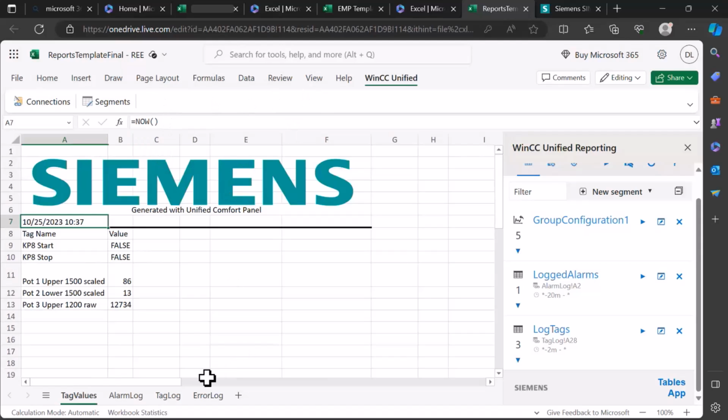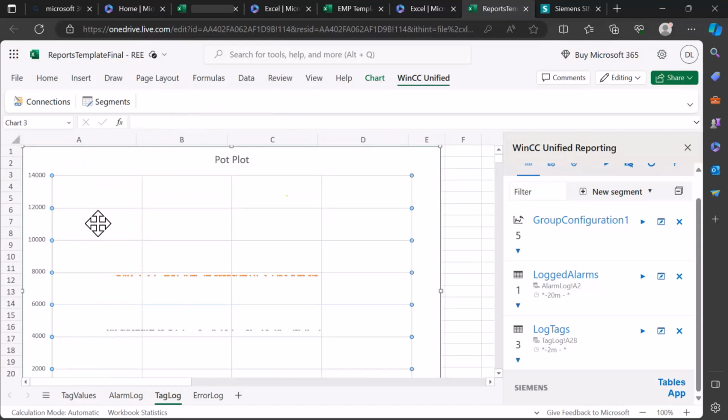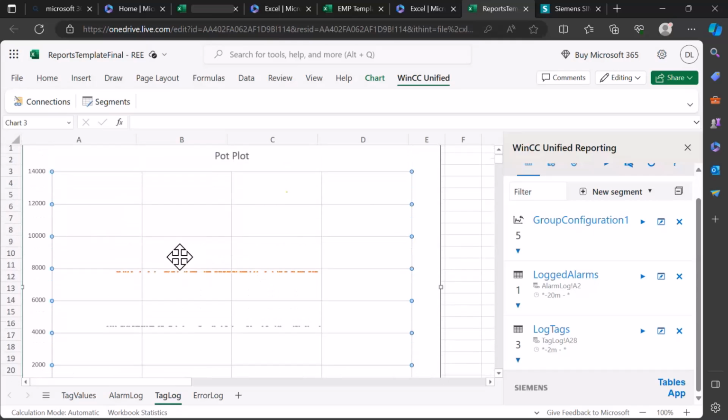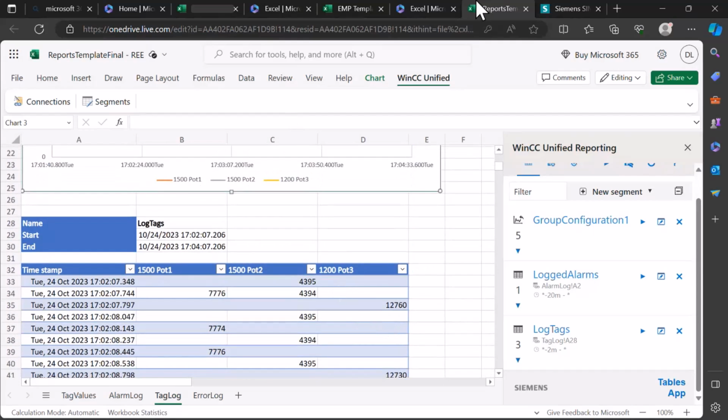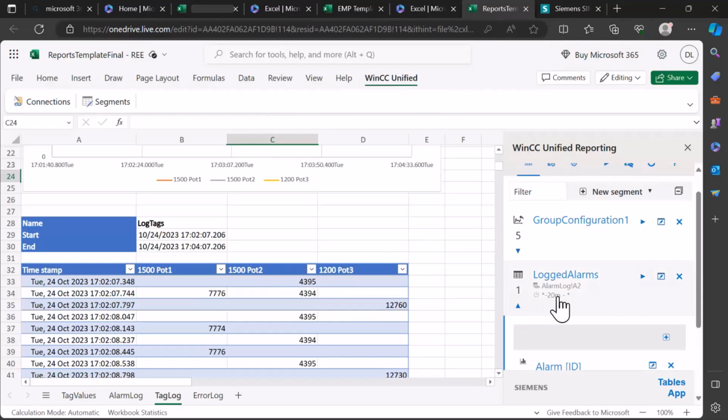For instance, I use the Now function in a cell to generate a timestamp every time I open and close the Excel sheet. This is reflected in the tag log, where Excel generates a simple graph. Once I've created this and adjusted the columns to my liking,